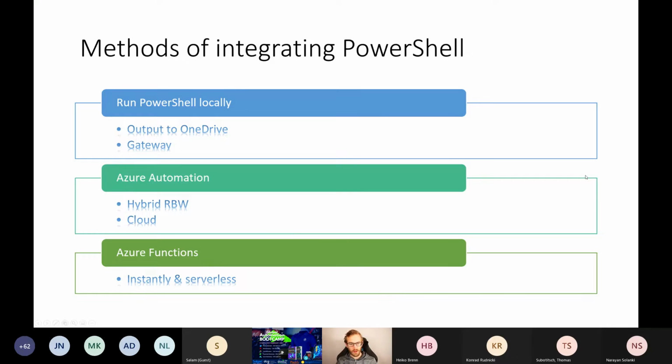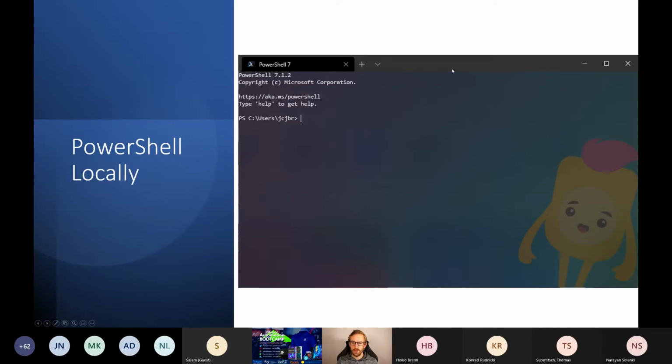Excellent. So I'll go a little bit more into the different ways that we can use PowerShell. The most obvious and the one that most of you will be familiar with is going to be just running PowerShell locally. What I have here might not look entirely familiar, but this is running PowerShell 7 in the Windows Terminal.